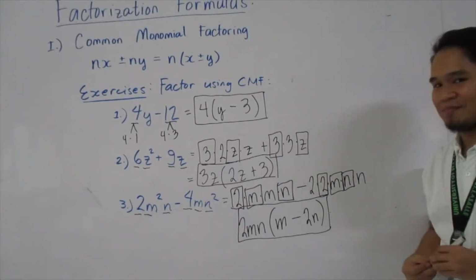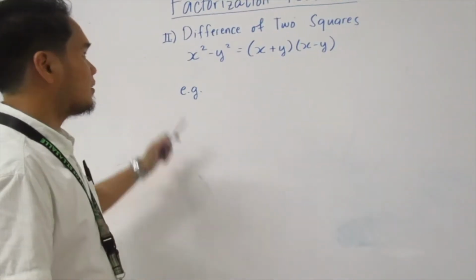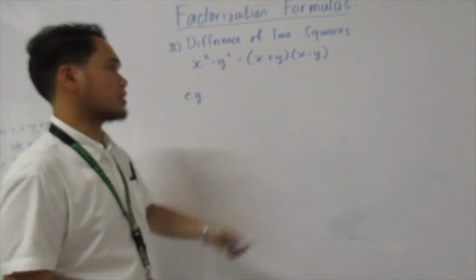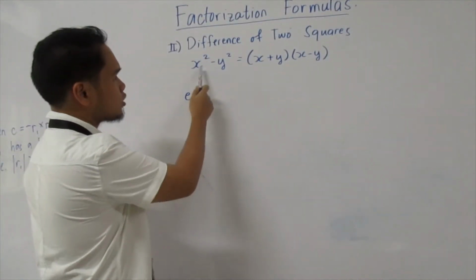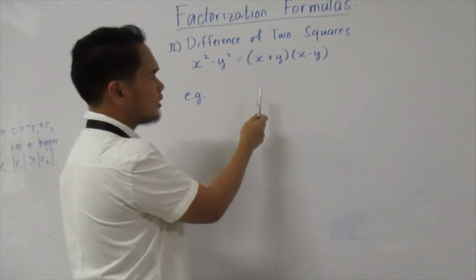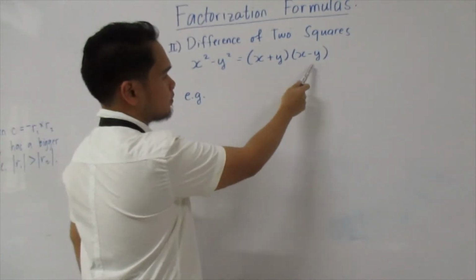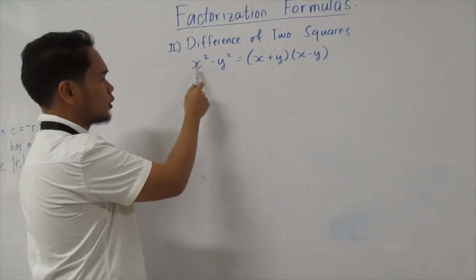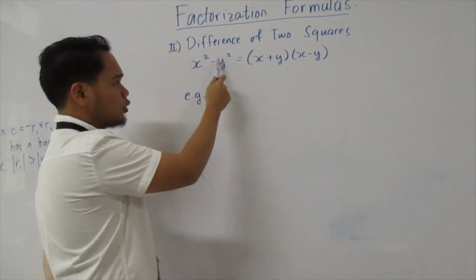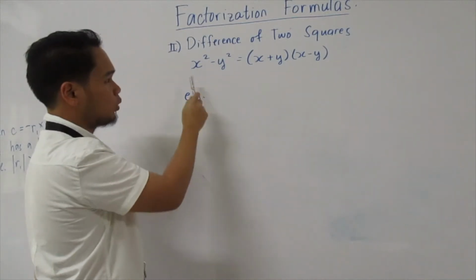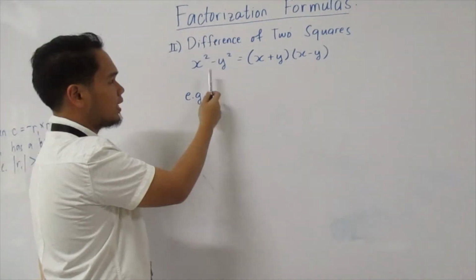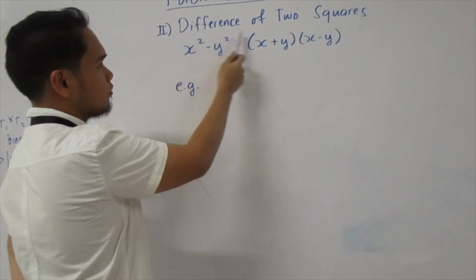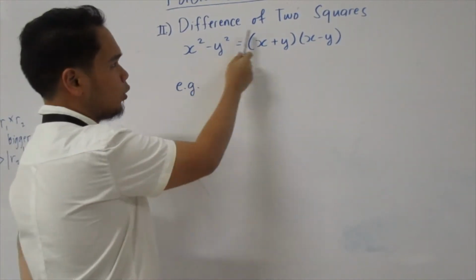And yeah, that's it. So the second factorization formula you will be learning this day is the difference of 2 squares. It states here in the formula, x squared minus y squared is equal to the quantity of x plus y times the quantity of x minus y. We have requirements: the first term should be a perfect square. The second term should also be a perfect square, and the operation between them should be a minus sign. Okay? If this happens, it suits the requirements of the difference of 2 squares, commonly known as the DOPS